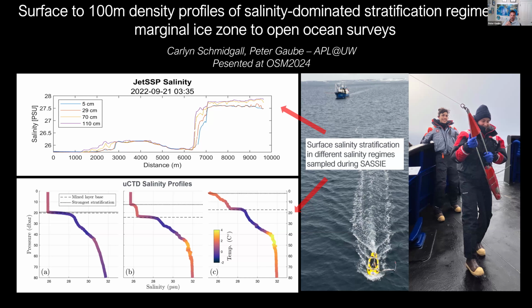Another thing that is being led by Carlin Schmidgul, who is a graduate student here at UW, who was on the expedition. She's shown here on the right holding the underway CTD profiler that we built for SASSIE. And here's just an example of a couple different salinity stratification regimes she's identified in our data, and she's looking at, in particular, the strength of the halocline and how that modulates heat transport and how that might affect freezing. Also on the right is our fearless leader, that's Kyla Strushka. She was the chief sci on the SASSIE project, and she helped us make all our decisions at sea.